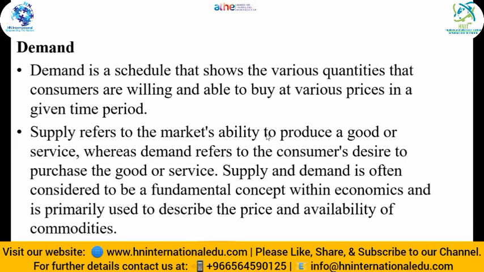Ma'am, can you repeat again? You mentioned the supply one. For demand, you mentioned it refers to the market's desire, and for supply, it is the market's ability, right? Yes, the market's ability, or you can say the availability of a product within a market, is known as supply. For example, we need to purchase 10 tables, but only 3 tables are present in the market. So the market is supplying only 3 tables, but the demand for tables is 10. So the market's ability and the consumer's desire are known as supply and demand, respectively.